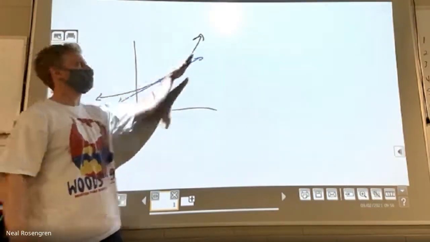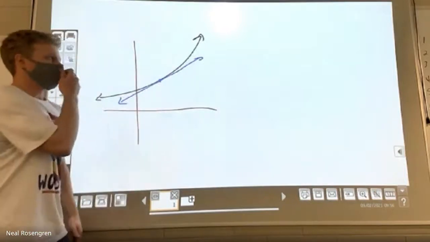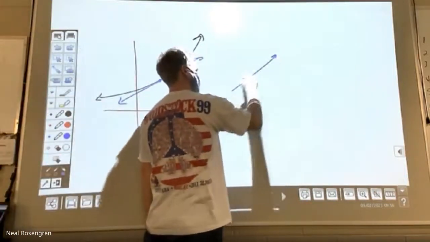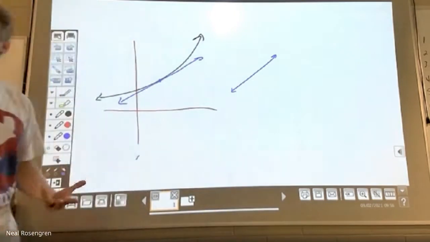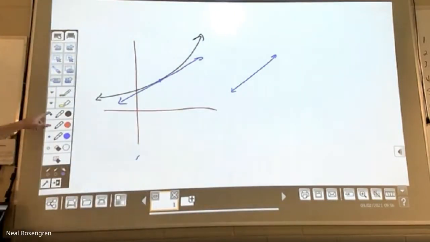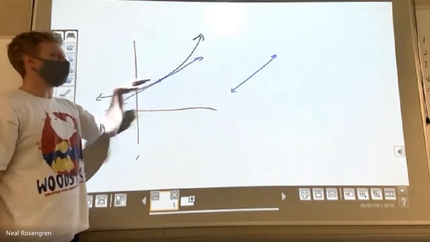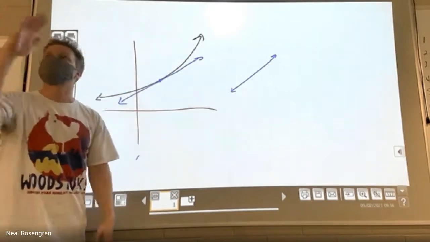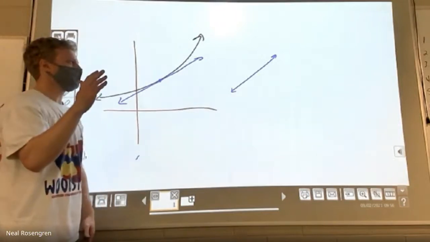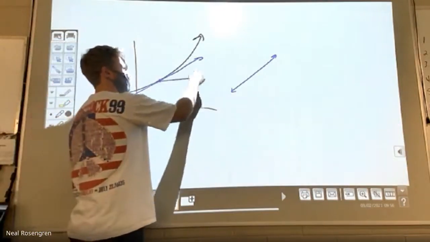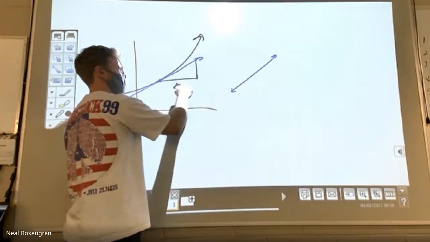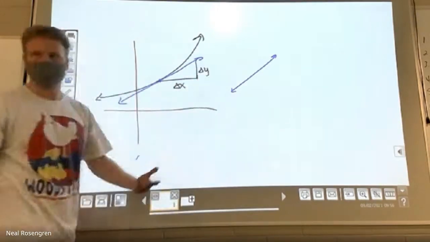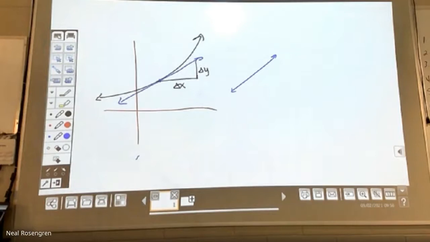And of course, it's going to change its direction as it moves. But think about a straight line, right? That's the direction that something is moving in. If we could figure out what the slope is of this line, I know how fast it's changing its direction. When we think about rates of change, right? Change in y over change in x, right? Slope.